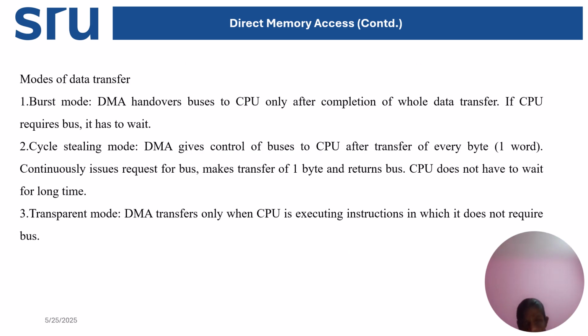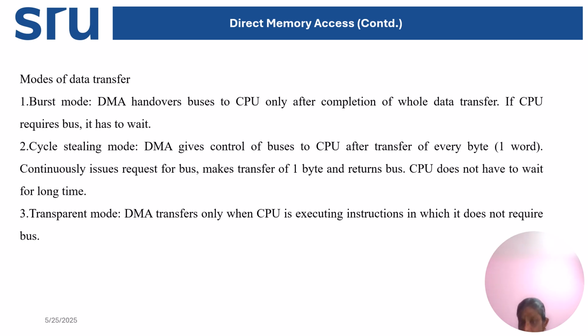Next one, mode of data transfer. In data transfer, a block of data is transferred, as I told you. But in this case also, there are different modes of data transfer. What are they? Number one, burst mode. Second one, cycle stealing mode. Third one, transparent mode. In case of burst mode, DMA hands over the buses to the CPU only after